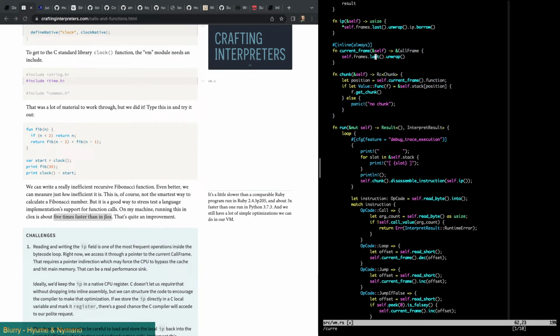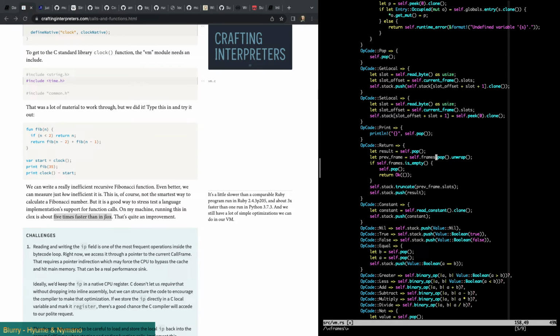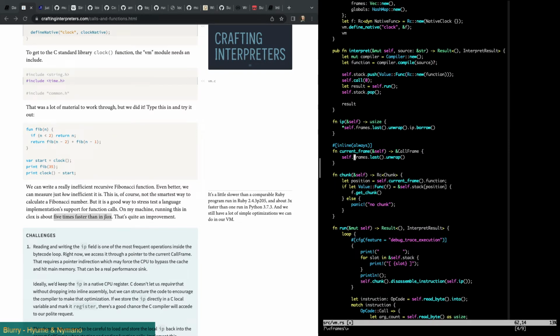We are doing this. This is painful, right? Getting the last frame each time. Maybe this is an area that we can optimize, or we can save the last frame, and then whenever we push to the frame, we can save a reference to that. Where do we push? Here's a pop. So maybe there's some work we can do there when we're interested in doing optimization, which is just getting a reference to the current frame somewhere. And it would have to be able to be mutable.